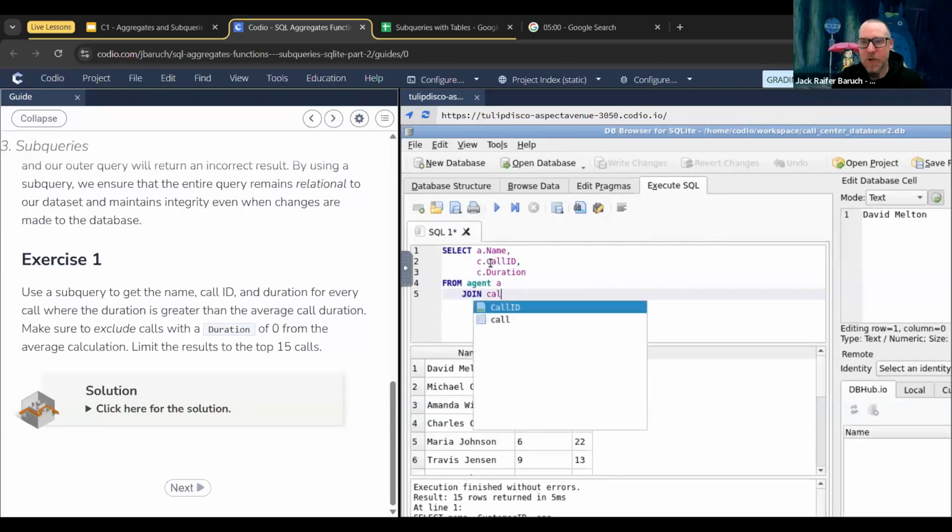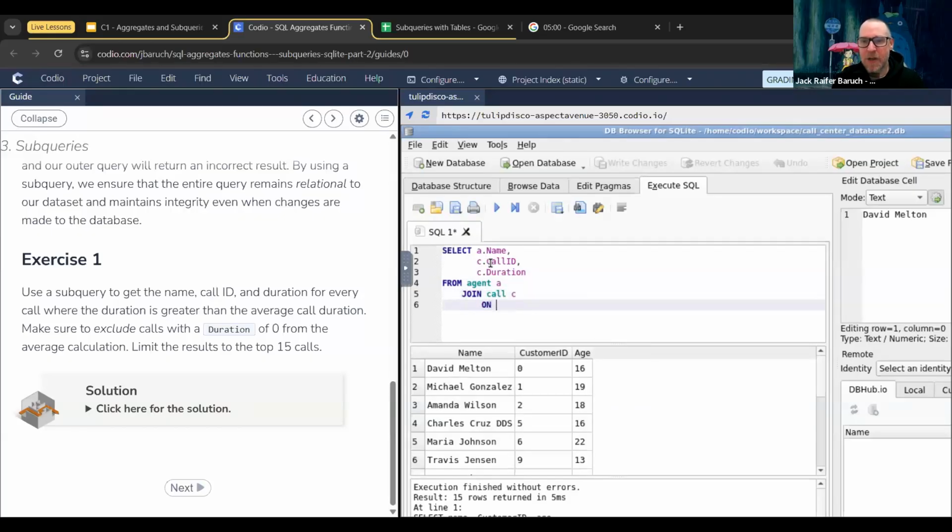Join, and I'm going to join call C, and we're going to join it on A dot agent ID equals C dot agent ID. And here comes the fun part. The fun part is the where statement. So we need to do a where the C dot duration, actually, sorry, it's the duration is the average of the duration. So C dot duration is bigger than or equal to, and because we want the average, we need to do